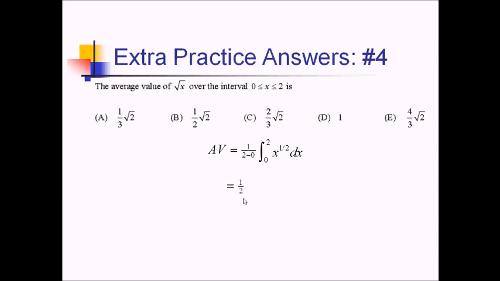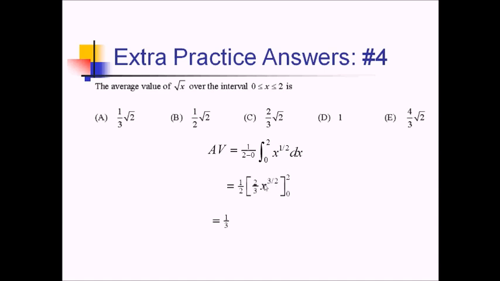So I've got 1/2 times, this bumps up to the exponent 3/2. Dividing by that, we have 2/3 out in front. And just to make my life a little bit easier, I'm actually going to multiply this 1/2 in here. So that's going to be 1/2 times 2/3, the 2's cancel. So this is just going to be a 1/3 that this becomes. And now I'm going to do this stuff with 2 plugged in minus this stuff with 0